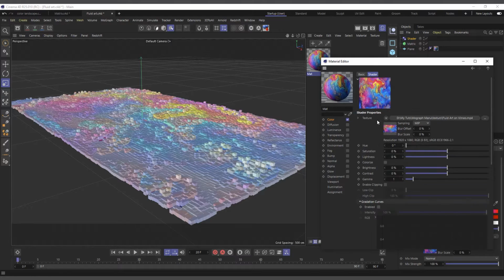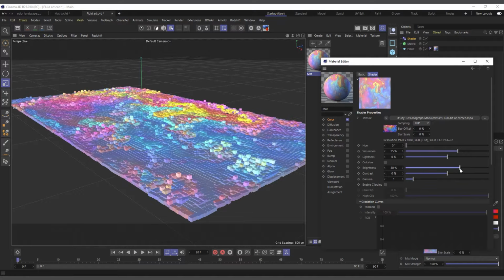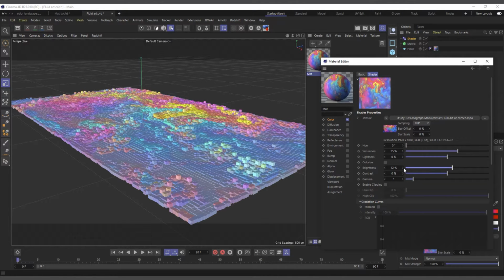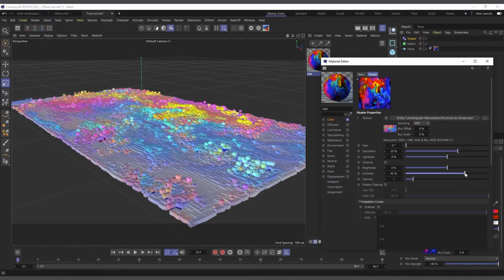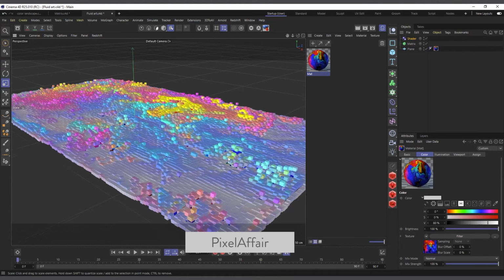What I'm actually adjusting here is the color adjustment. I'm adjusting the color of my texture. You can do this before you bring it in, either in After Effects, Photoshop, or Premiere, however you want to do it. But I'm doing this in Cinema 4D, so I'll increase the saturation a bit and also increase the contrast a bit more, so that it gets more contrasty. Also increase the saturation a bit more. So yeah, for now we are cool.